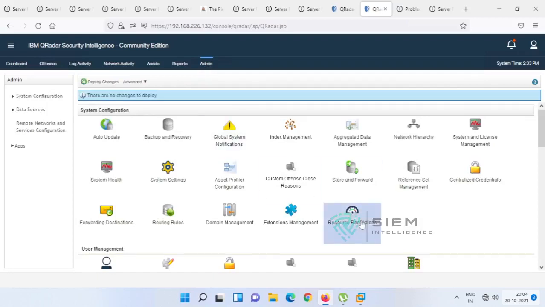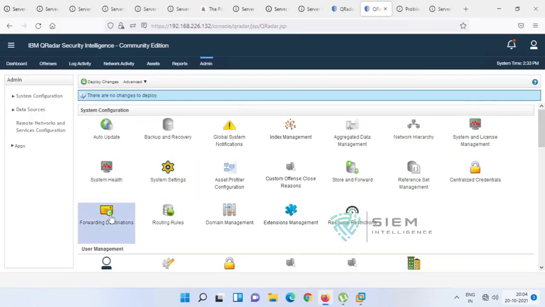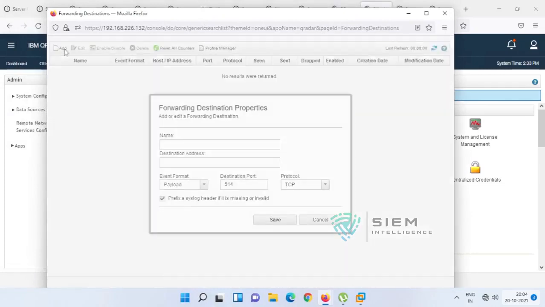So we have seen restrictions also, and now forward destination for the routing rules. I forgot to tell you about this forward destination. You can set up your destination, what your destination is and so on. The destination is something like syslog, and I set 192.168.20.20. Then choose which port you want to send to, and just save it.